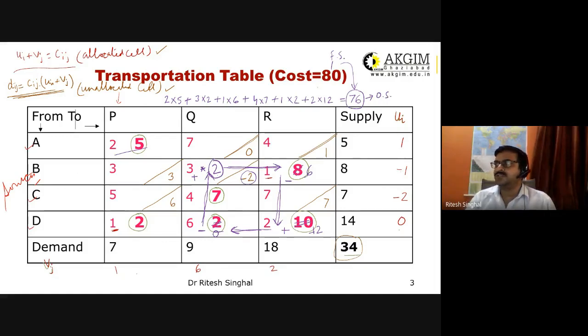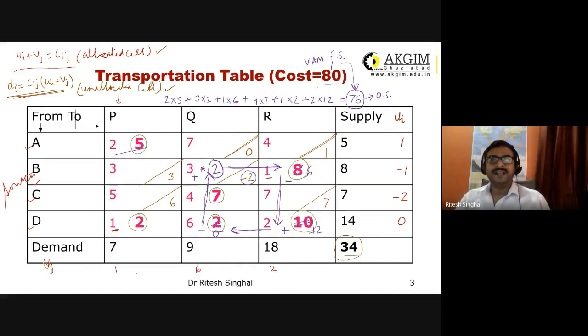How do we get this particular solution? Using Modi's method. We applied Modi's method to this solution, obtained from WAM, and we reach the optimal solution. Now the best solution is 76. So the same question has two different answers. One is 80, which we got from a method like WAM, but it is only feasible. And now we have 76, a better solution than WAM, obtained by using Modi's method. So this is the beauty of Modi's method.